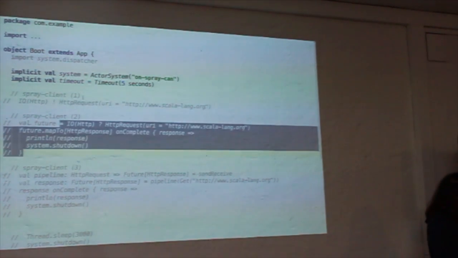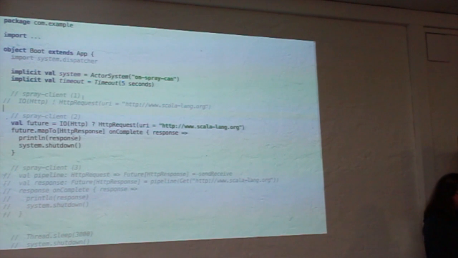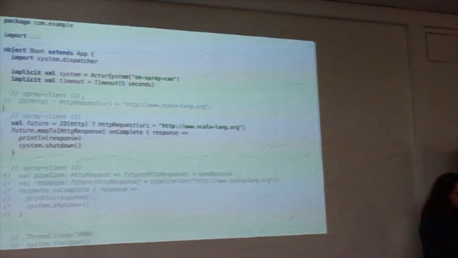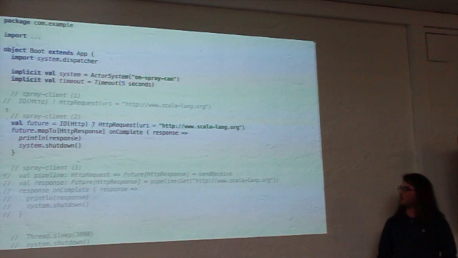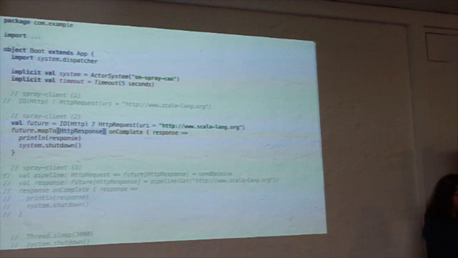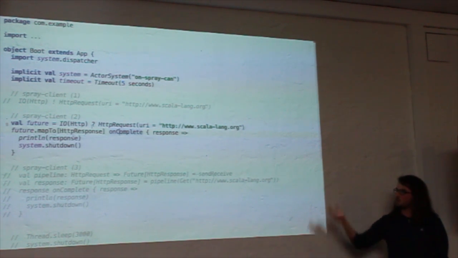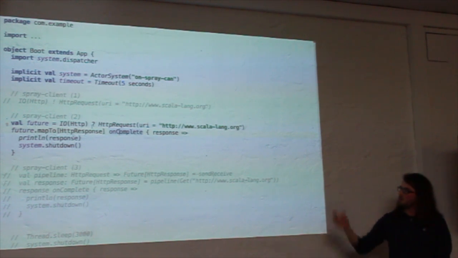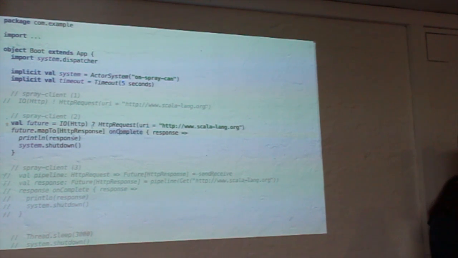One thing we want to do, and which we'll also test in a second, is this one. We use the akka ask pattern. So instead of an exclamation mark that we saw earlier, we say question mark, which means we get a future back. This future is unfortunately untyped, so we have to map that to HTTP response. Just with the standard onComplete handler for future, we can complete that response once it's coming back, and we just print it. Let's try it out.